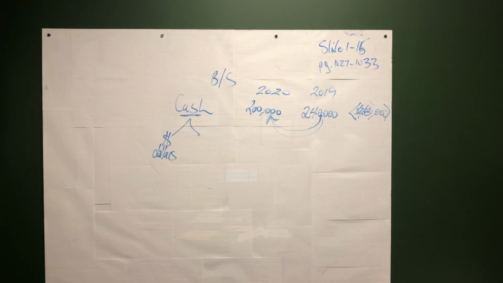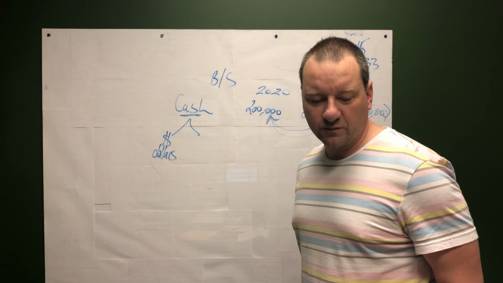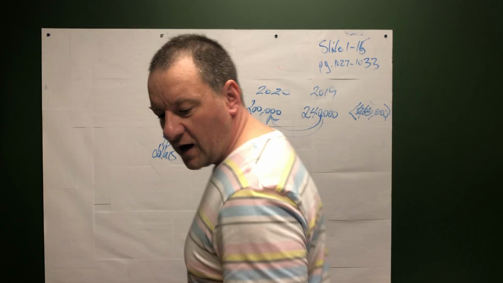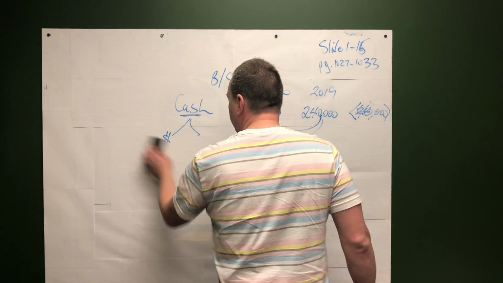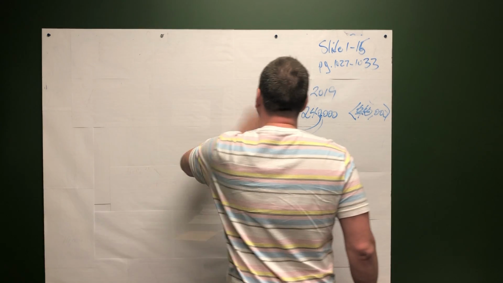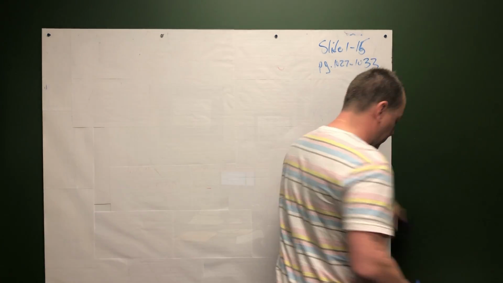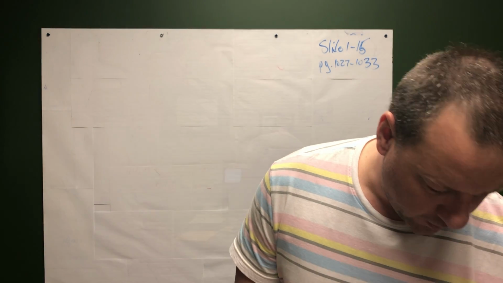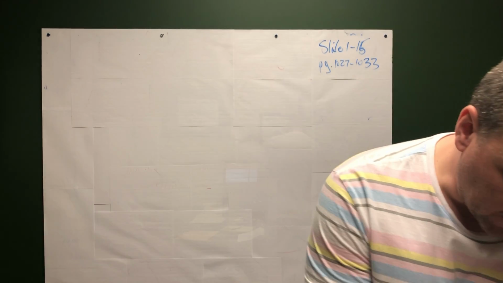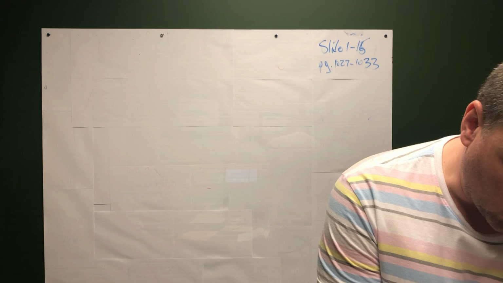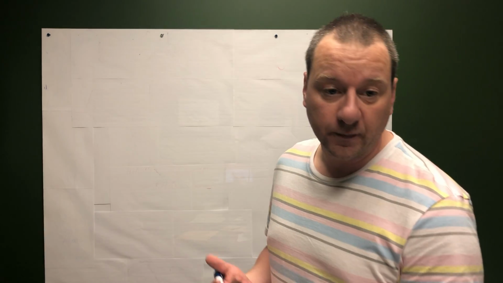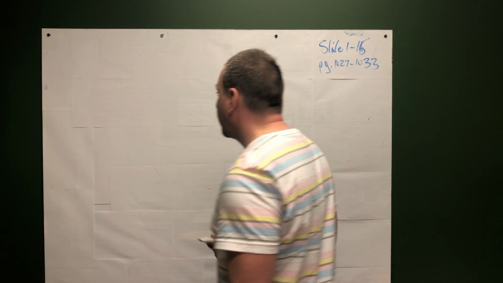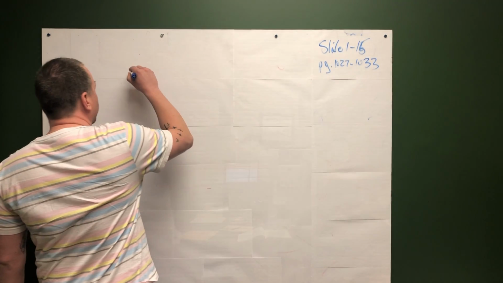So let's look at our three types of cash flows. When we make our cash flow statement, if you want to take a look at an example of what a cash flow statement looks like, you can go to page 1034. That's an example of a direct or indirect cash flow statement. Again, it's the one that we're going to be creating. So again, you can tell you'll have your operating activities,